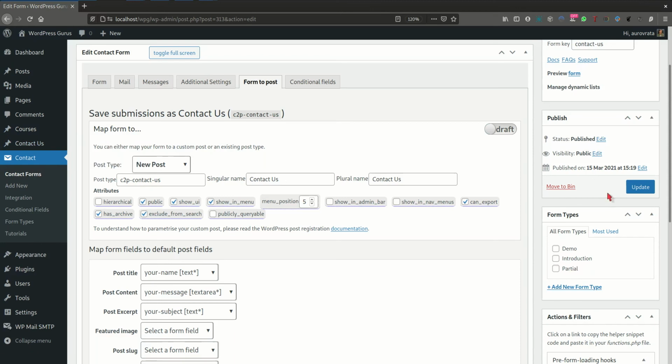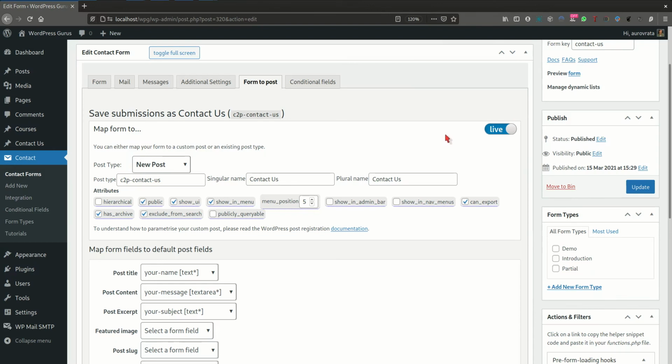So the plugin, because we've actually saved and we published this new form and this new mapping, the custom post that is being created by the plugin is already being created on the dashboard. But obviously right now there is no actual post in it, simply because we have not actually submitted anything with this form. So what will happen now is if I switch over to the live version of this mapping,